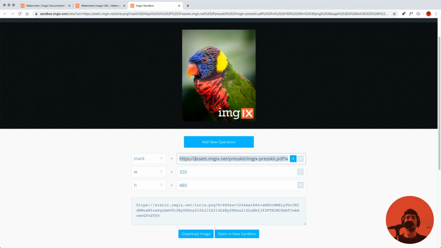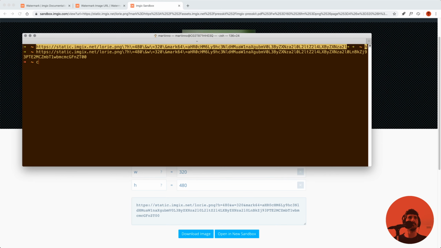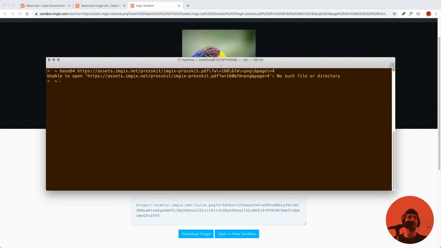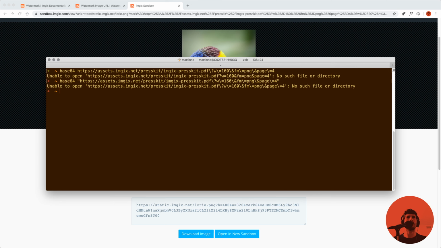So I guess the mark is here, right? So that's the parameter they're using, the mark parameter. So if I were to run the base 64 here for this, okay, so base 64 actually gets